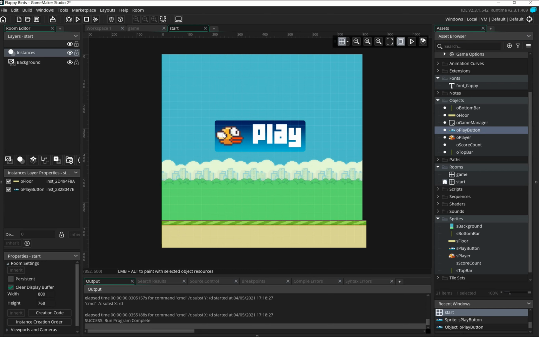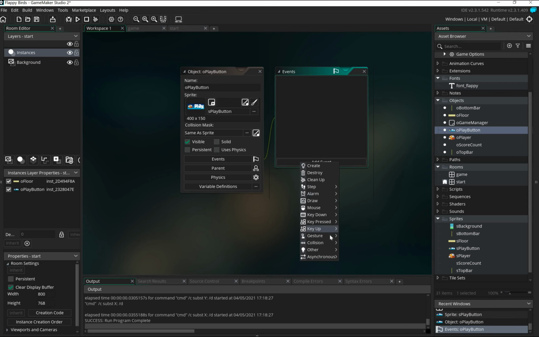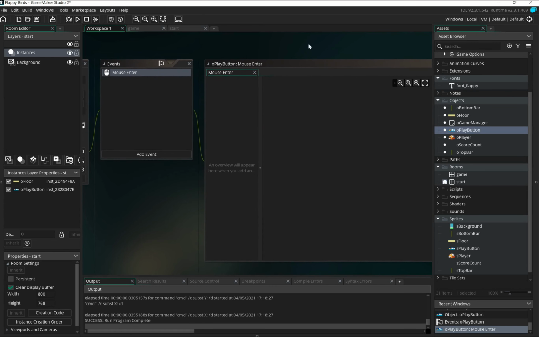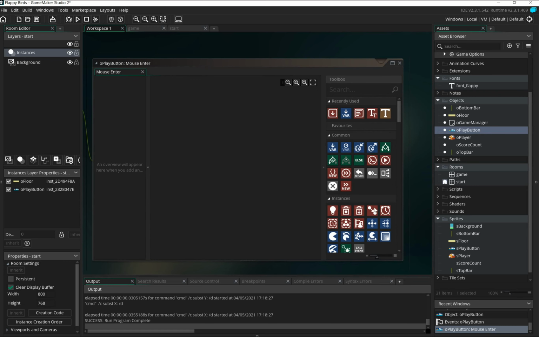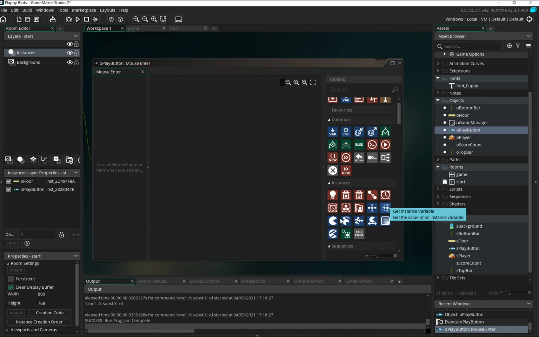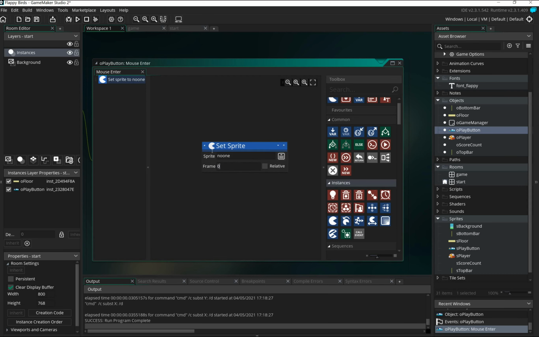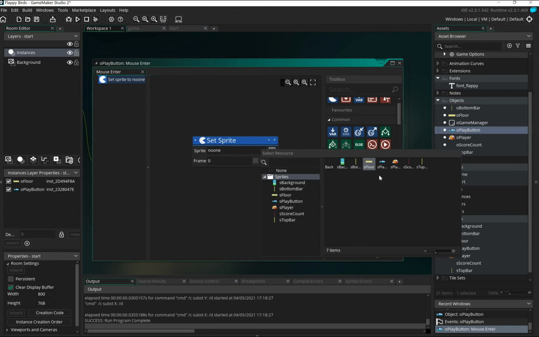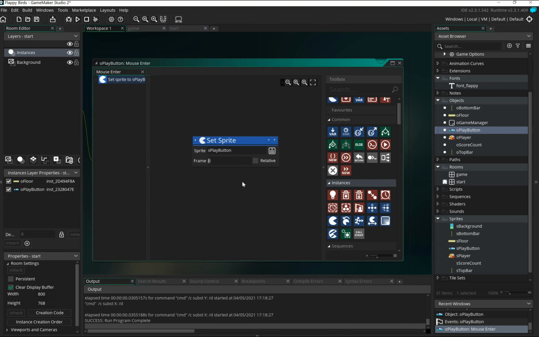Lovely. Okay, so what we want to do is we want to basically change the instance. So when I hover over it, it's going to do something. So the way we do that is if I double click on the play button, we're going to add an event, and then we want to look for mouse. And what I want to do is mouse enter. So when the mouse enters, we need to change the frame of the sprite. So if you look here, you got to set instance, set sprite, set instance scale, set alpha. In fact, if we do here, set sprite, it's the same sprite, but we're going to be setting frame number